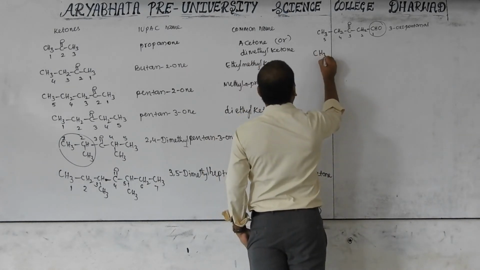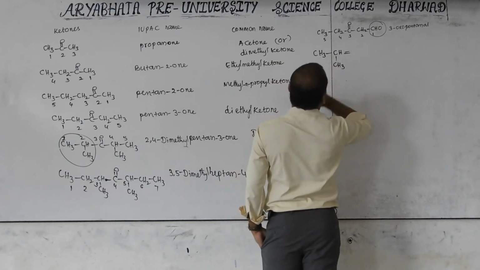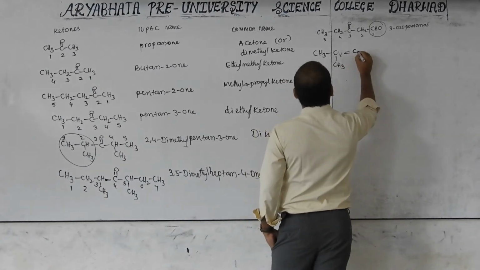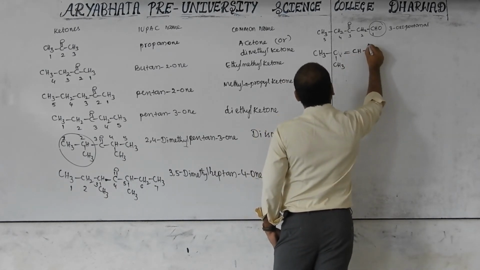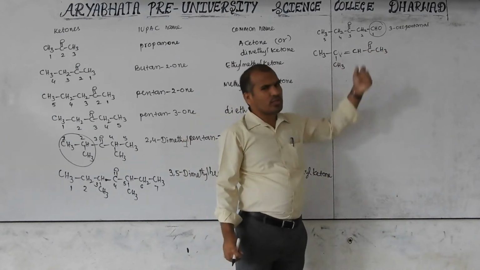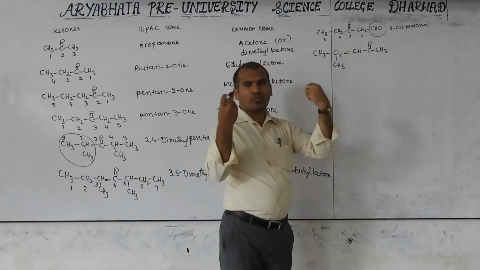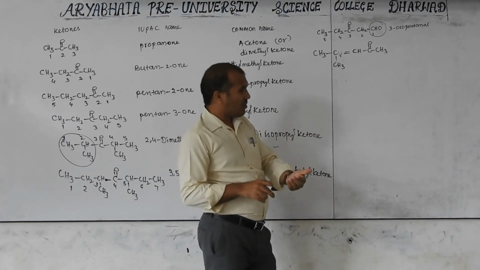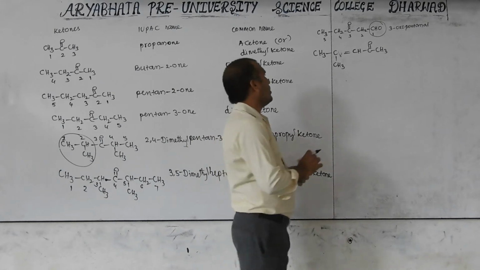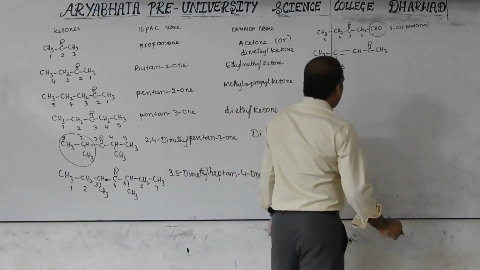Now, CH3, CH, CH, C double bond O, CH3. Here nothing but 2 H2 is there. Here oxygen, here 2 hydrogen. Water molecule last. This is nothing but again comes in the next order of catalytic reaction. What is the order? You know that. So if you want to get the name of the compound with the bigger double bond.